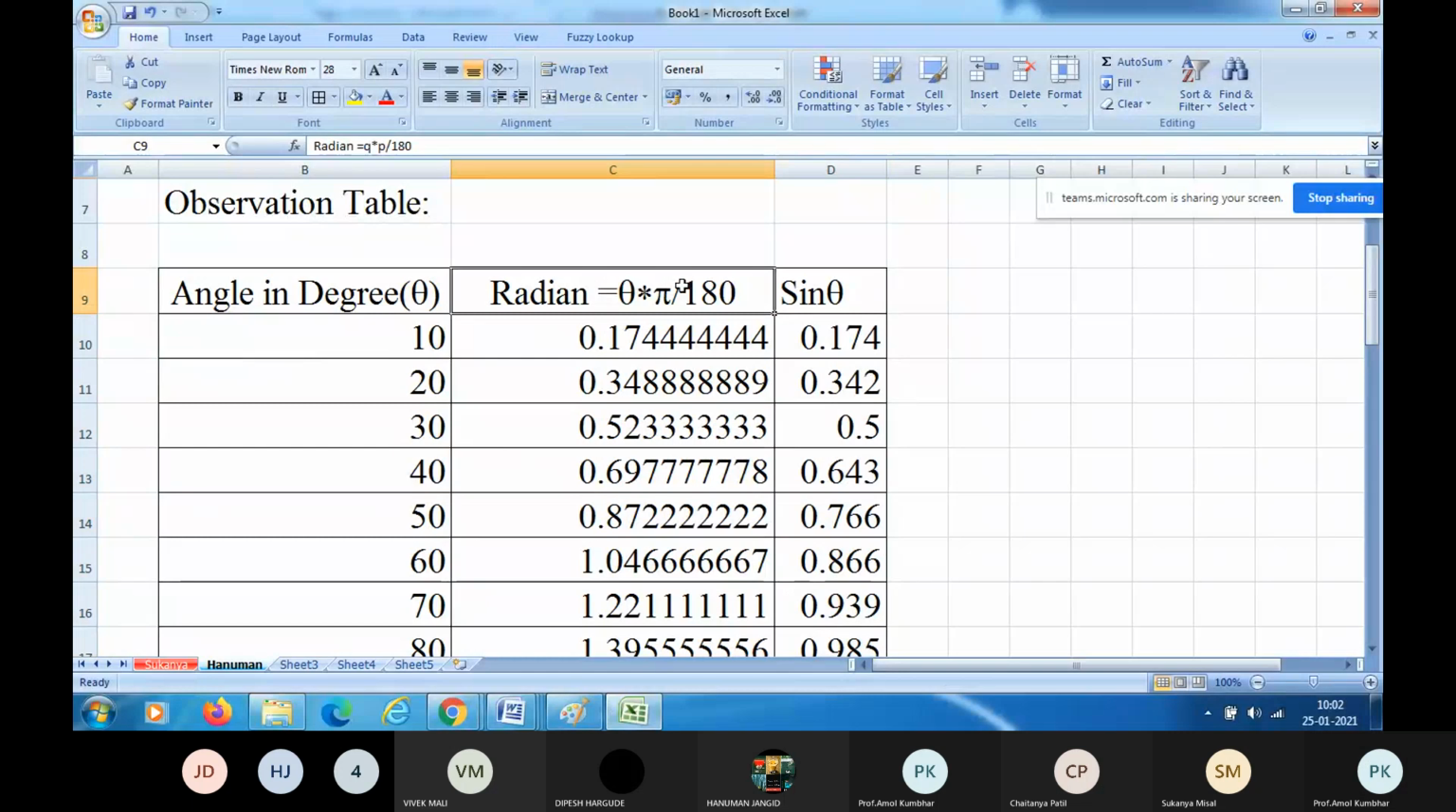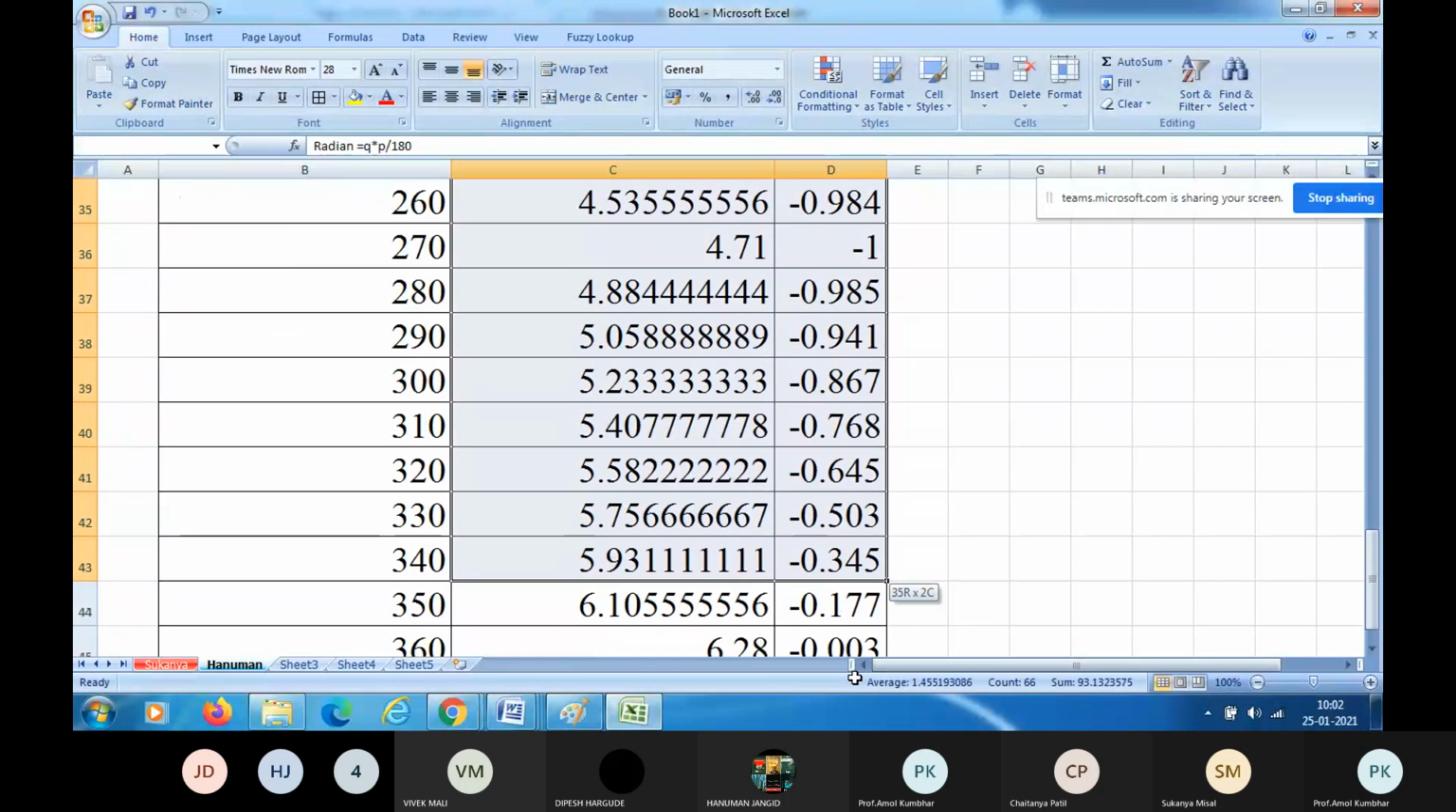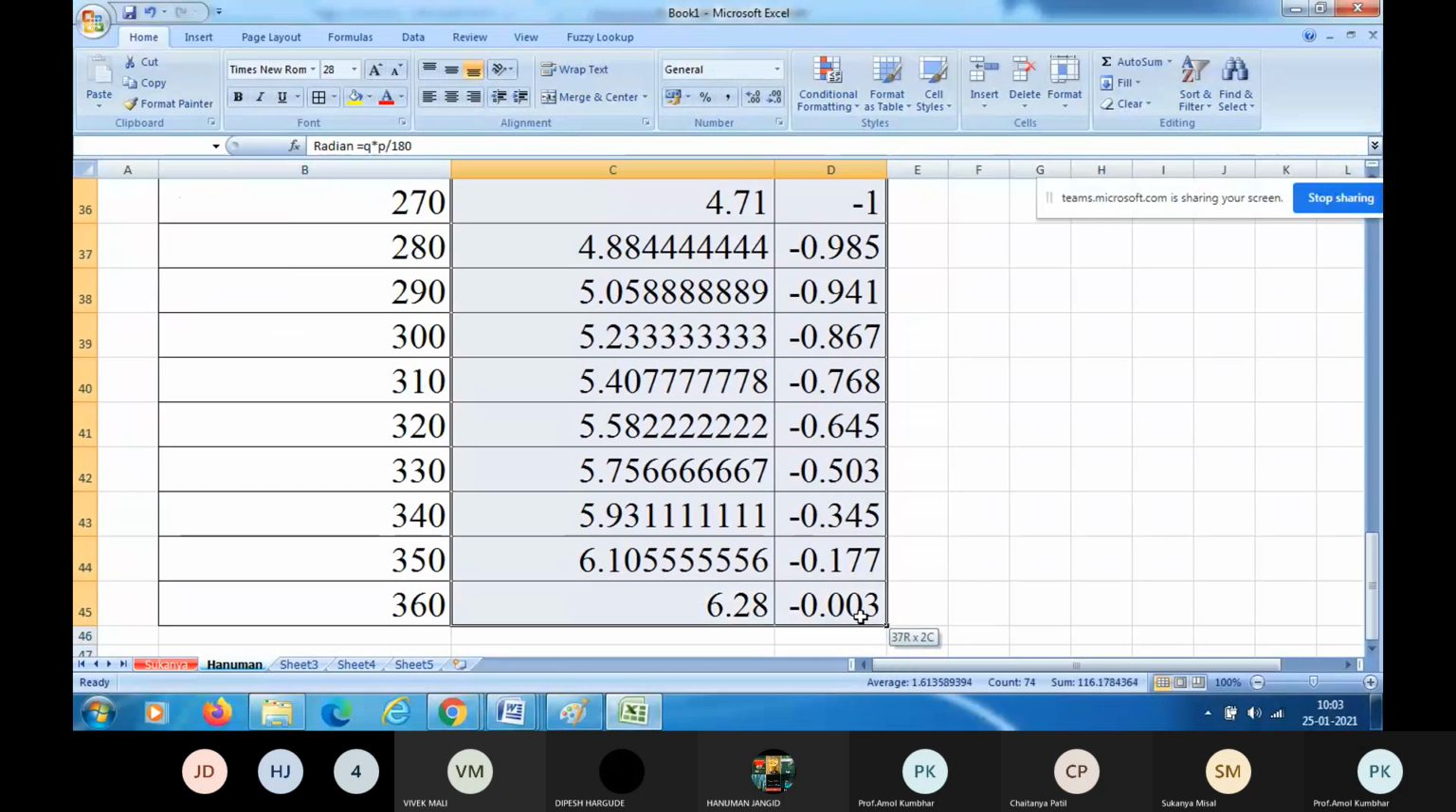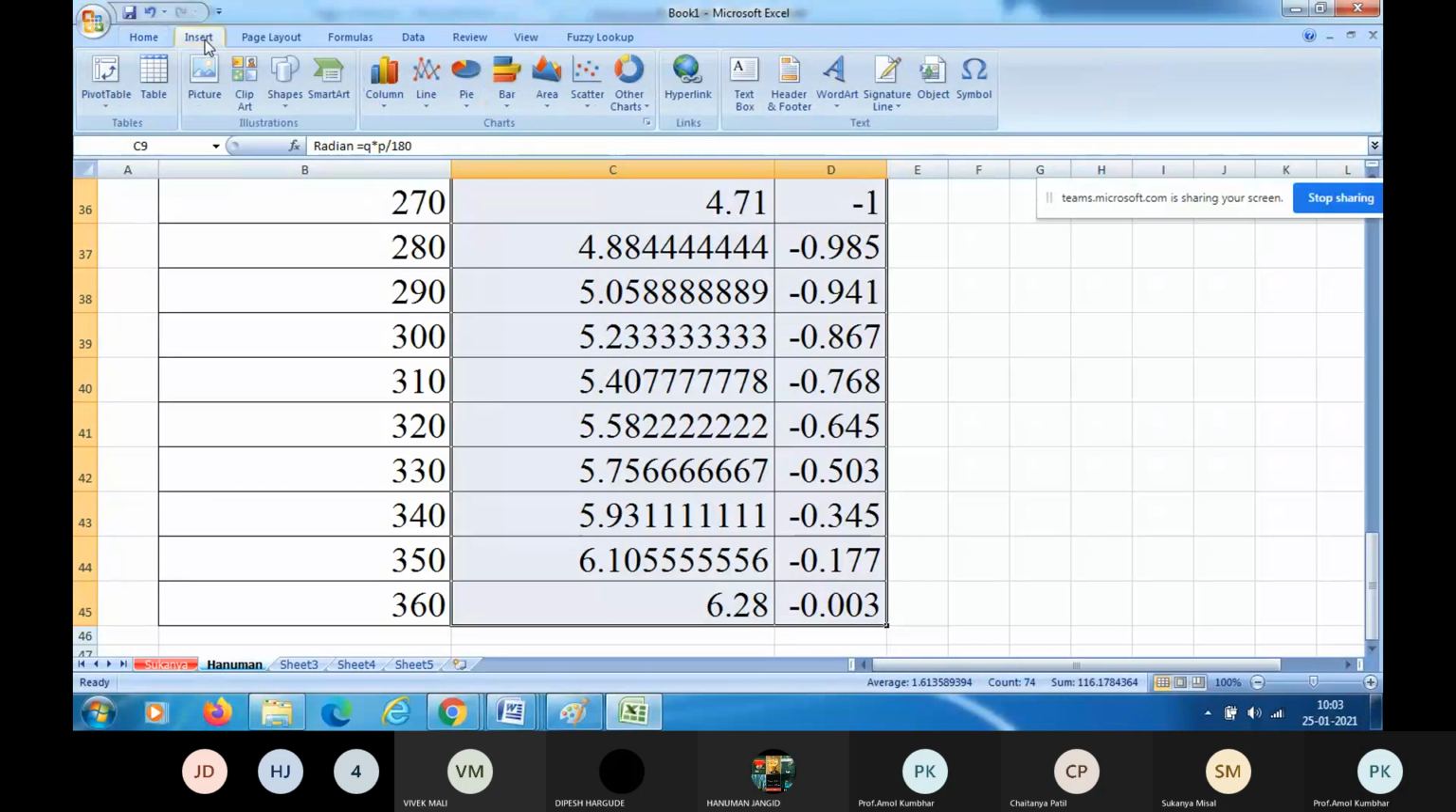First select these values by left clicking of the mouse and dragging the mouse downward. Select all the values of radian and sine theta up to 360, right? Once I select all the values, go to menu insert, right? You have to go to insert. Once I click insert,